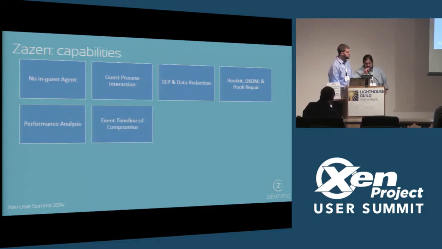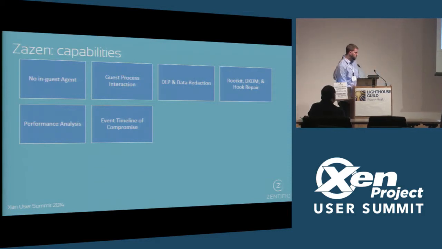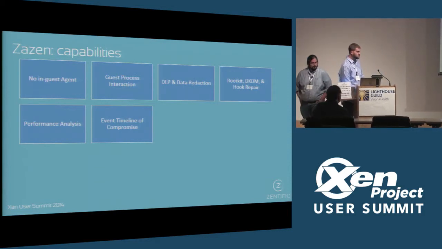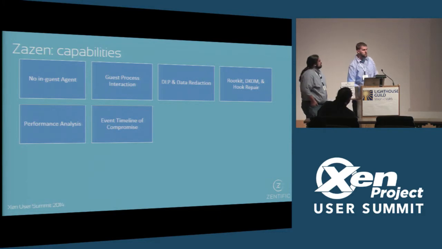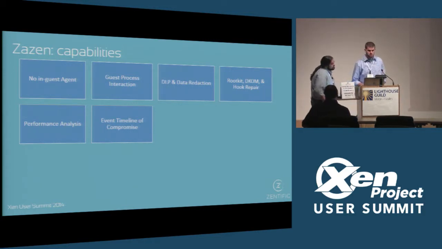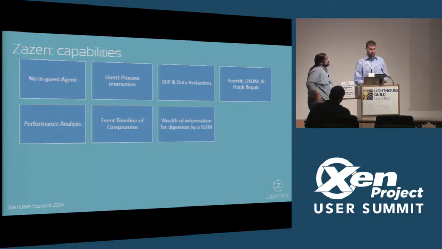This is very important for anyone who's ever done any type of threat response. So if you've already been compromised, you need to know what happened. There's a wealth of knowledge that we can get out of this system that you wouldn't normally see, because we're actually looking at a machine while it's running. We have a timeline of what process launched, when did it launch, what types of files did it access, network sockets were open, things like that.